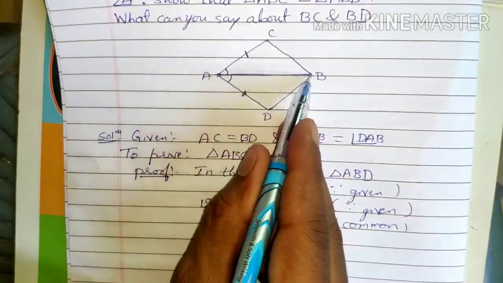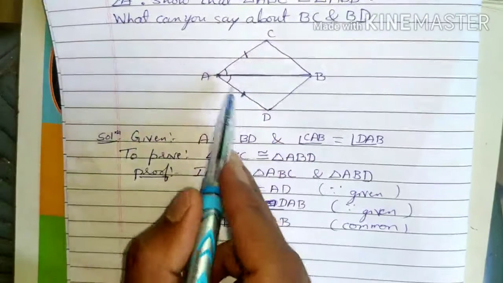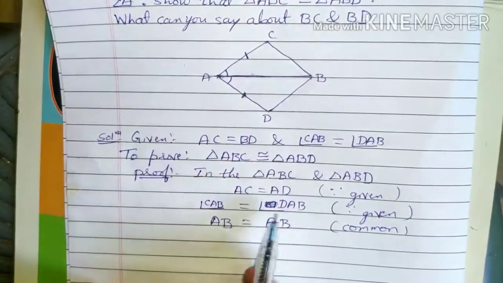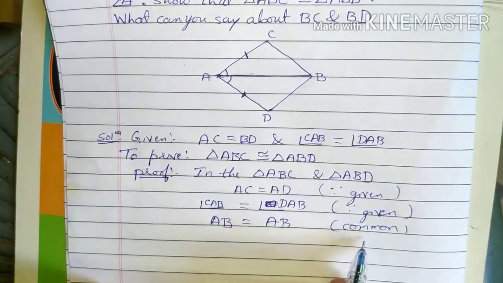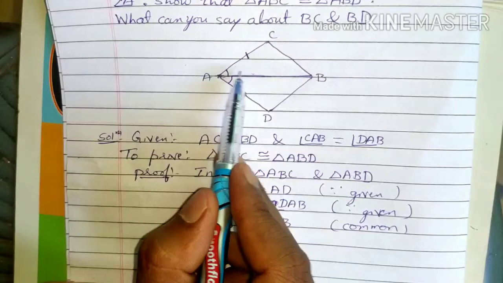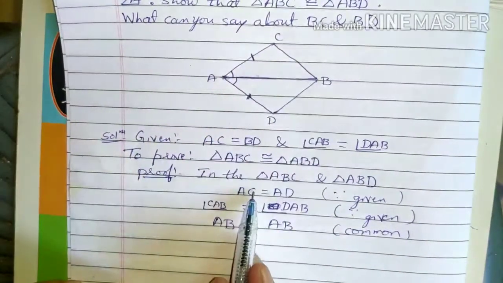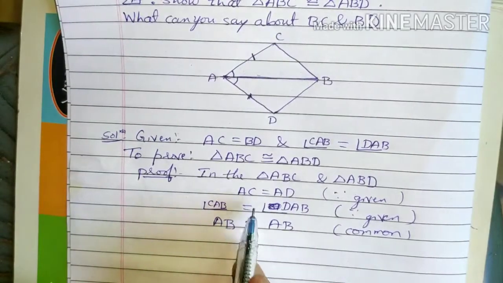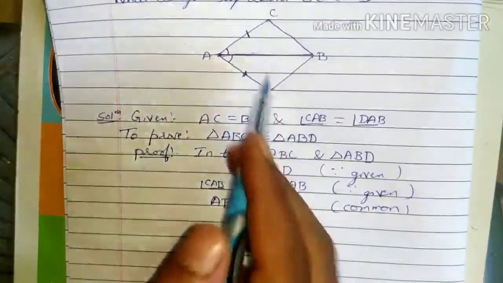side. AB is side for ABC as well as ABD. So this is common for both the triangles. So therefore we can write AB is equal to AB common. So therefore from these three, what we can see is side, angle, side, side, angle, side. SAS congruence rule. Using SAS congruence rule, we can say that these two triangles are